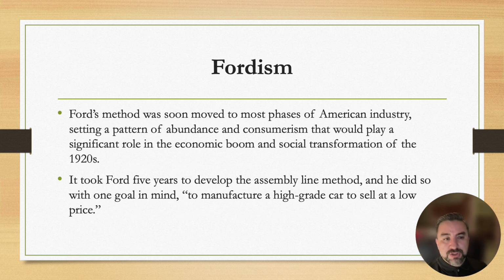Ford's method was soon moved to most phases of American industry. It set a pattern of abundance and consumerism that would play a significant role in the economic boom and social transformation of the 1920s. It took Ford 5 years to develop the assembly line method, and he did so with one goal in mind. According to his writings, he wanted to manufacture a high-grade car to sell at a low